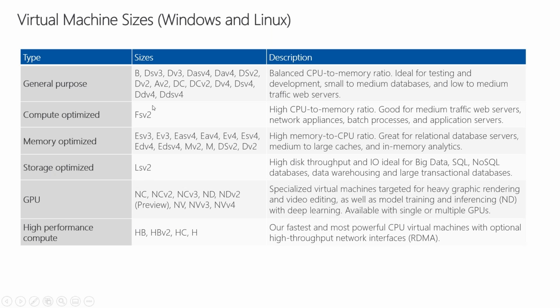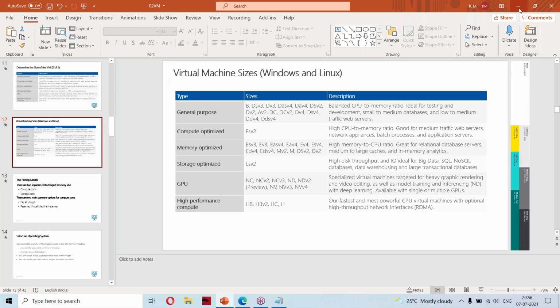So if you change the size from something like BSV3 to something like DV4, what will happen now? We have to reboot the machine. During that time, you will be having some interruption to the service. You can change the size as well, not an issue. Initially I can go with a B, then I can change it to DSV3. That is also possible.